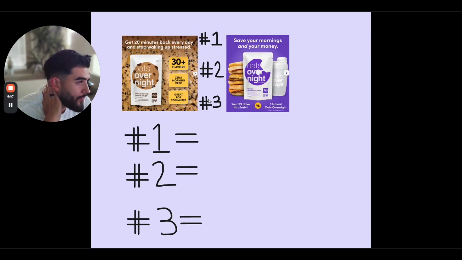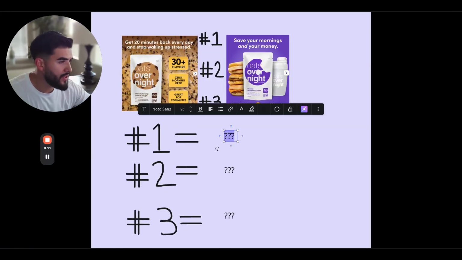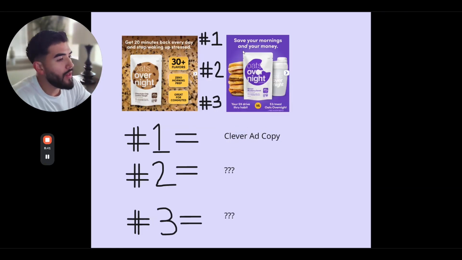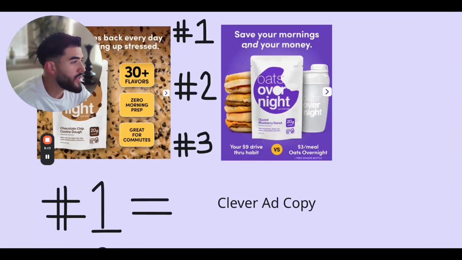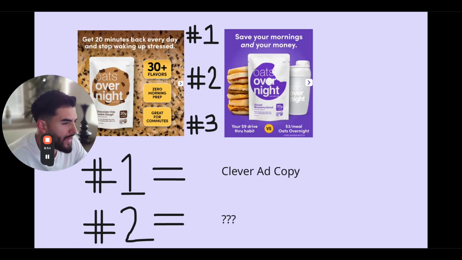Well, three-step process here. Every great ad, I believe, does three things very well. And I'm just going to actually narrow in on these two ad examples. So number one, what do these ads do really well on? Well, as you can see up top, they have clever ad copy. And so you see this one, save your mornings and your money. That's going to catch my attention if I'm someone who is a penny pincher. Again, it's going to not only be clever, but it's going to be relevant to a very specific persona. So that is the key here. These are only going to be clever and relevant and going to get my attention if they're relevant pain points that it's calling out to me as the consumer.